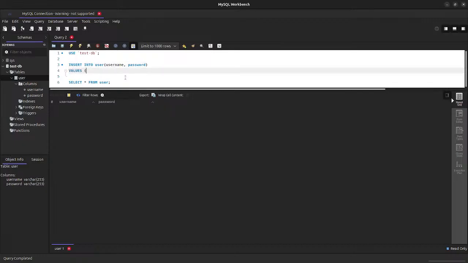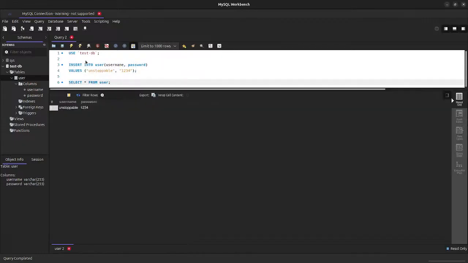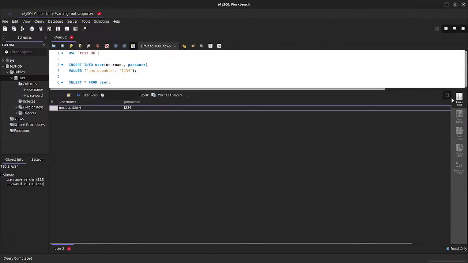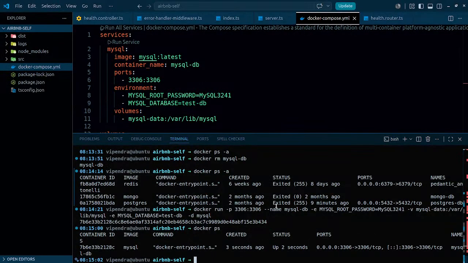Values are gonna be probably unstoppable. Password is gonna be 1234, just like this, and that is it. Now if I just select this much and if I run it, they are inserted, and if I try to get, I'm getting it here. So the username is unstoppable. This is that. Okay, so we have created the database and it is even working,